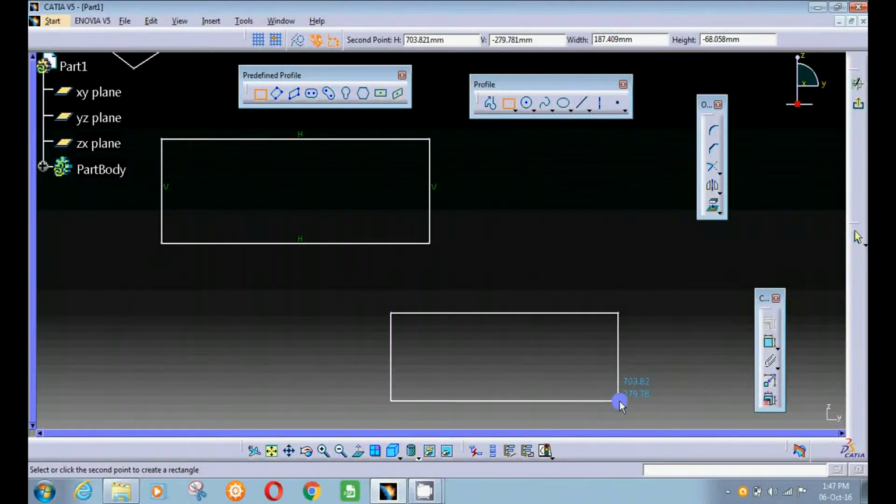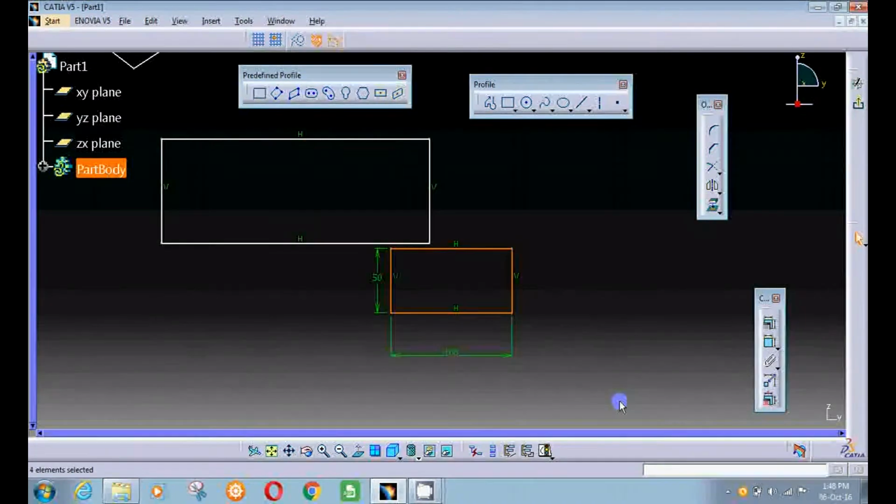If you want to fill the values, then press Tab on the keyboard. You can get addition mode in the sketcher tool. Width is 100 and height is 50, and you get this rectangle.